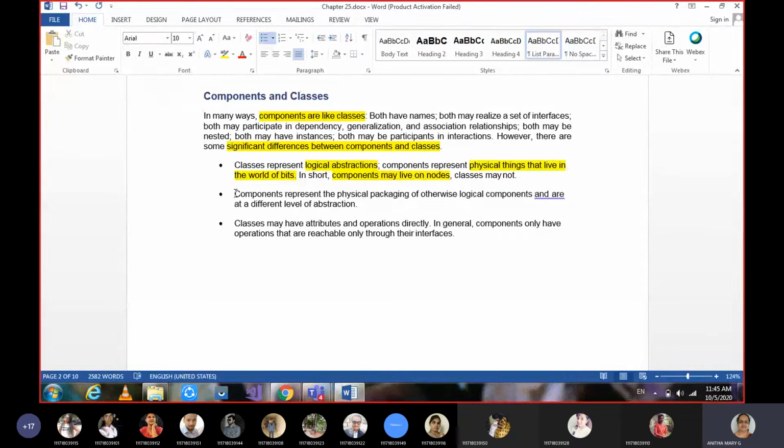components represent physical packaging of logical components. Physical packaging of logical components means, physical means a pen drive, and logical components in that means maybe the songs or a movie. So they are in logical format in the physical device. In a pen drive, you may load songs, but you cannot see the songs directly, they are in some logical format within that pen drive. That's why we call it physical packaging of logical things.